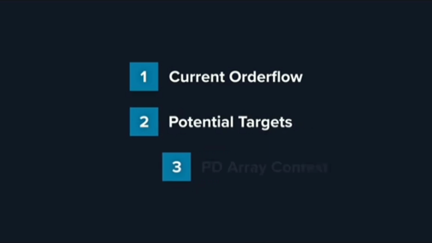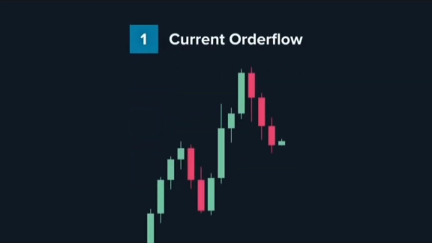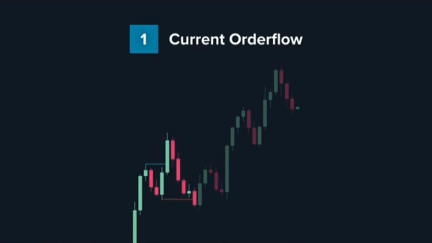And then the third step involves figuring out which key level is the current draw on liquidity by using the context of the PD arrays within the chart structure. So let's go through this process now. Starting with the first step, the method for how we can find the current order flow of the price action is very simple. All we need to do is go through the previous moves of the chart and mark every break of structure and change of character that formed, because this will tell us which direction the market is currently